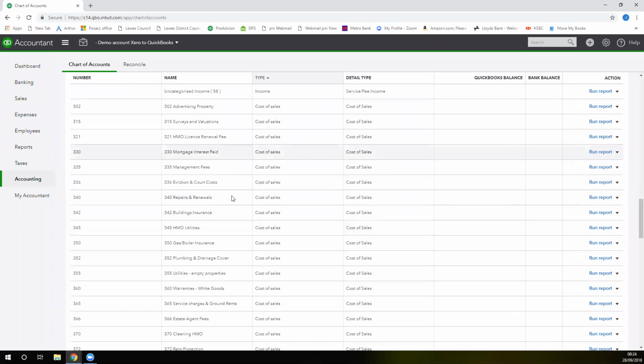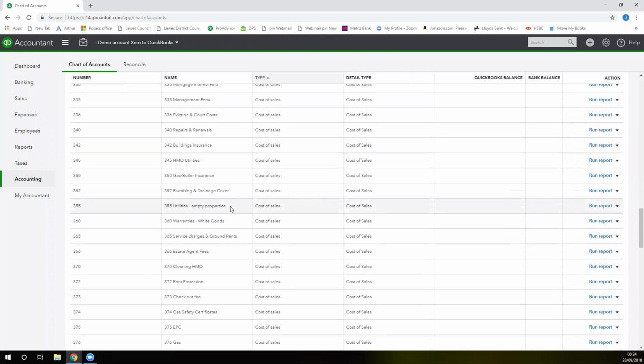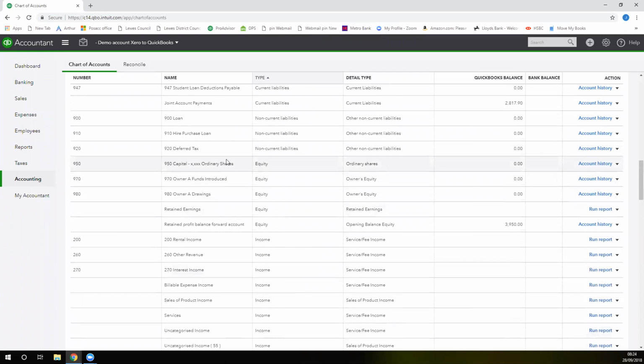So again, this is the basic chart of accounts. So this is what you allocate any costs that you incur or any income that you receive, regardless of the income. The last thing is equity. Please do not misunderstand this with equity in your property. This is the equity that the company owns, and your company is a separate entity to yourself. In our next session, we will look at the allocation